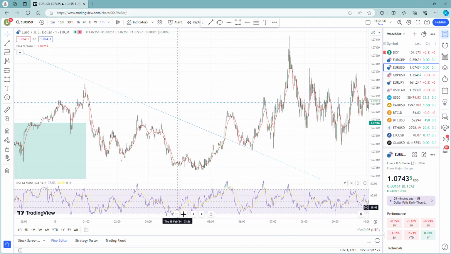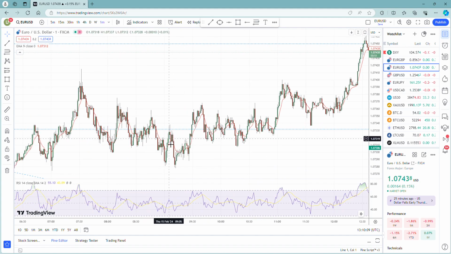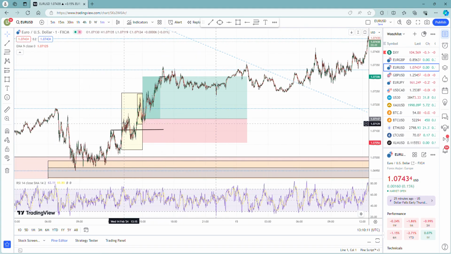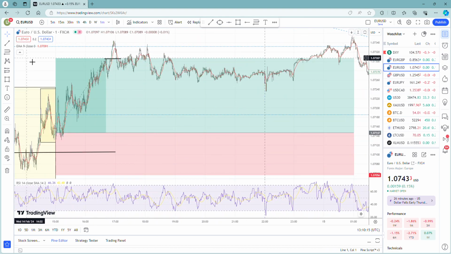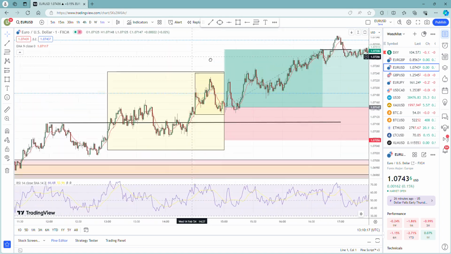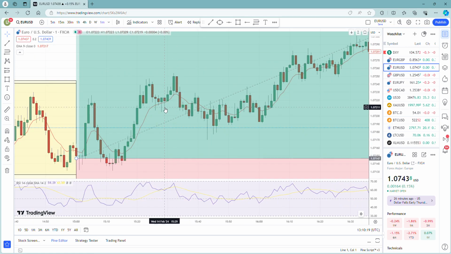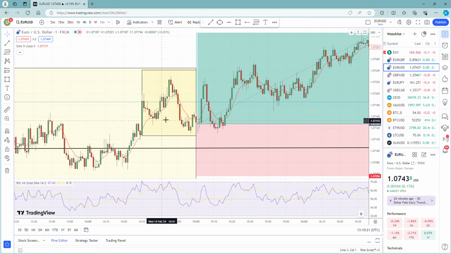But to be honest with you, I like to just stay on M15, because the price can play with your head on M1. See, if I was on M1 here and I entered here, what would you be thinking? You'd be thinking that, okay, price is going up. However, now it might be bearish. It's playing with the emotions. So that's why I like to just stay on M15, because you're going to be in and out of the